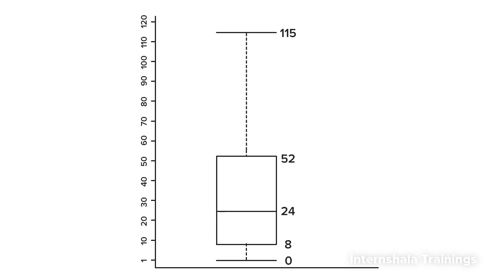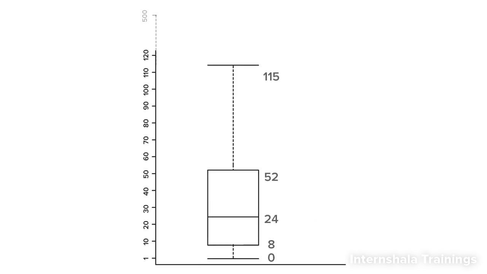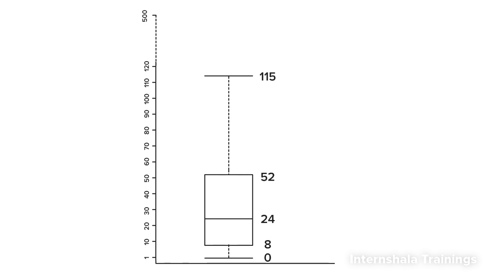From this rectangle or the interquartile range, we figure out that maximum times runs scored by Tendulkar in his first 100 innings were between 8 and 52. The median score for Sachin Tendulkar or the 50th score is 24 runs. Now, suppose for the 101st match, the data obtained for Tendulkar is 500. Now, 500 will be considered an outlier. Outlier is represented on the vertical axis of the box plot. As outlier represents the extreme magnitude of the data points, it is above the top whisker as shown here.